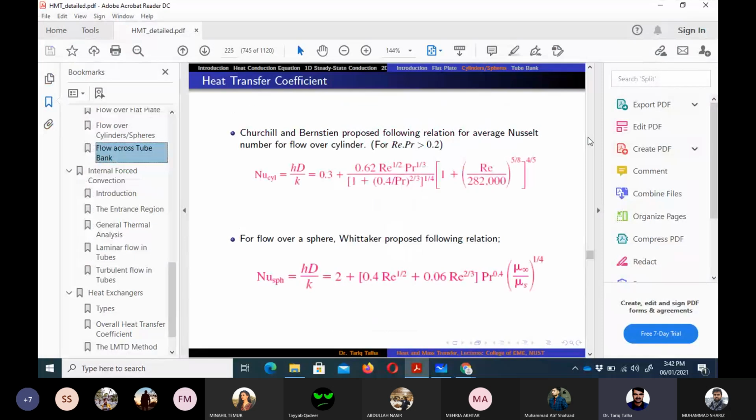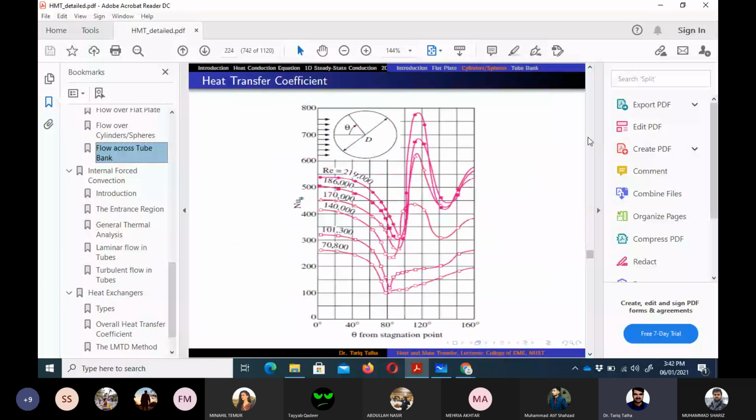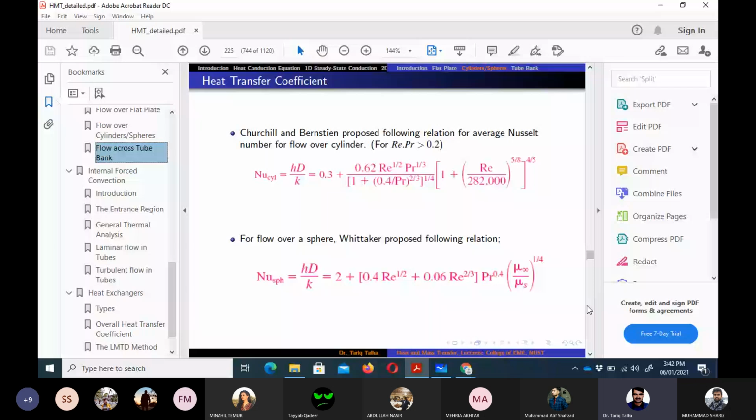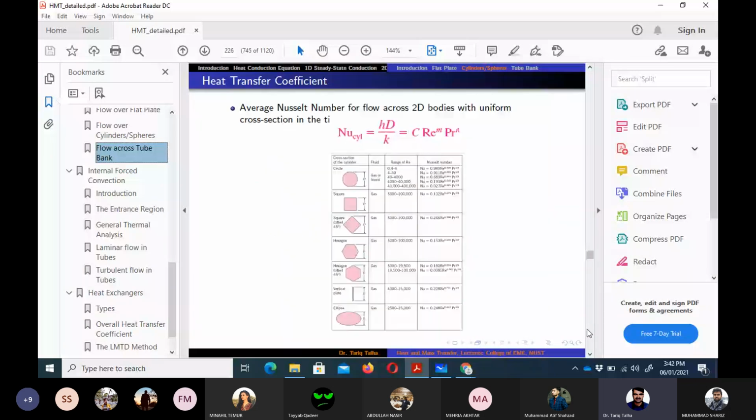discuss yesterday's lecture. So in yesterday's lecture we discussed the drag and Nusselt number variation for flow over cylinder and sphere. And at the end of the class we discussed the empirical correlations. The only difference in flow over cylinder or sphere is the definition of Reynolds number, that we use diameter instead of the length of the plate. And then in the Nusselt number definition, we have hD upon k instead of hL upon k. And then in the last class we also discussed about